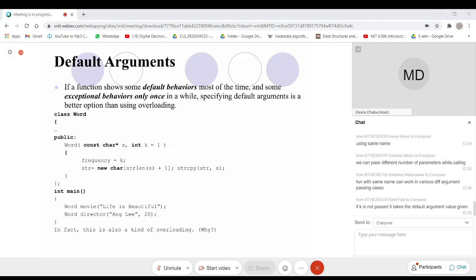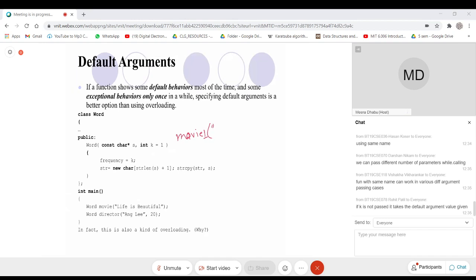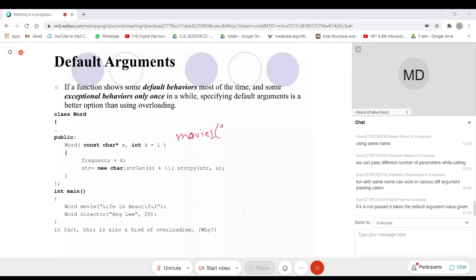Okay. So if I create, say, an object movie one by passing some string over here, comma, say 2. And then if I create an object movie 2.